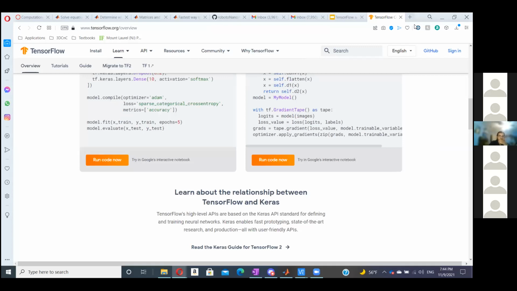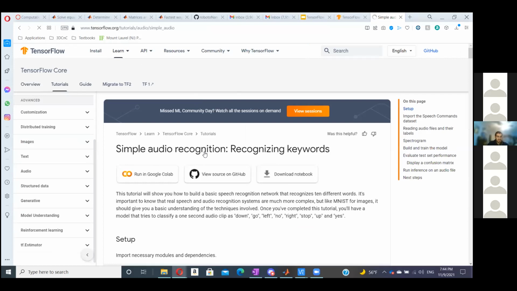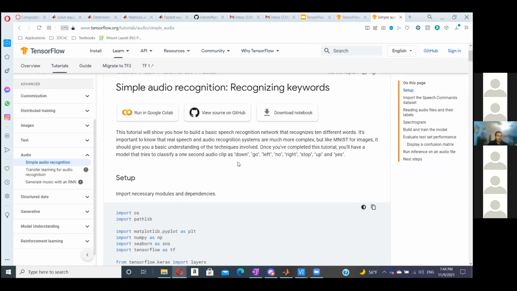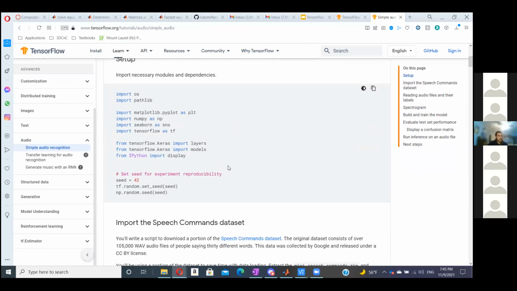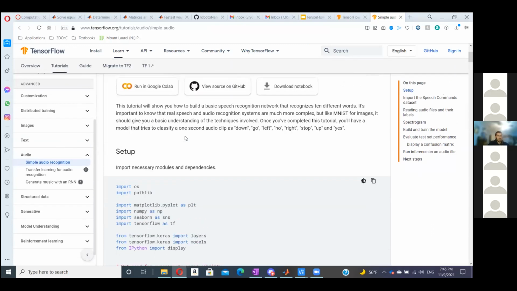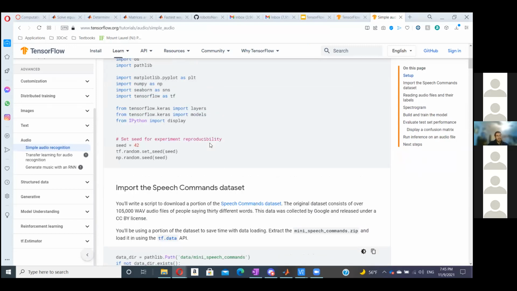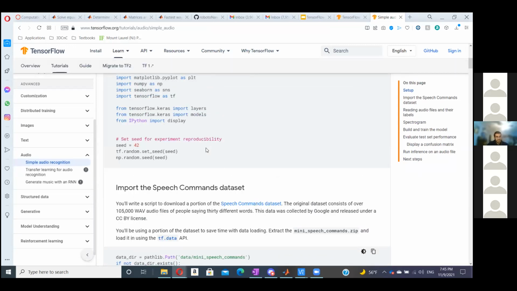Oh, here it is. I just found this thing on their website. Let me share. So it's basically all about recognizing noise or keywords. There's this whole thing about recognizing sound or audio based on input words. I'm not sure if this works on the Raspberry Pi itself, but this is something you should definitely look into if you're interested in that kind of thing. Honestly, everything is on the website. You just gotta explore it and learn more about it.